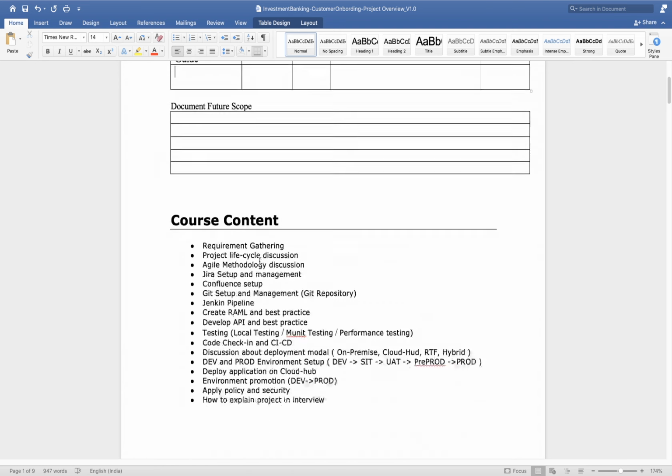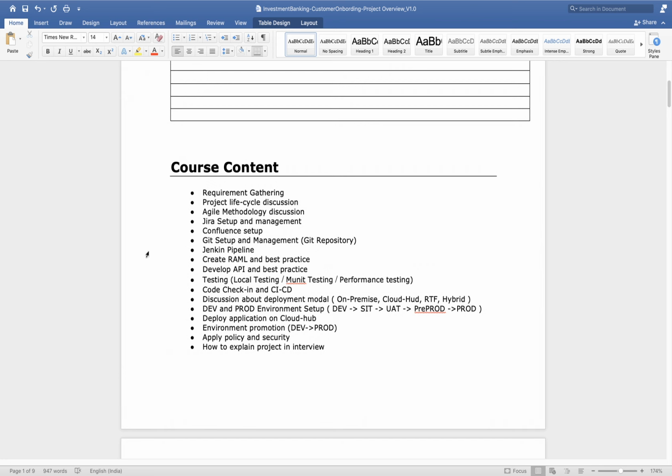Okay, next we have course content. So what all things are we going to cover here? First we will start from requirement gathering, then we will discuss the project life cycle. In the project life cycle, we will be more focused on agile methodology.